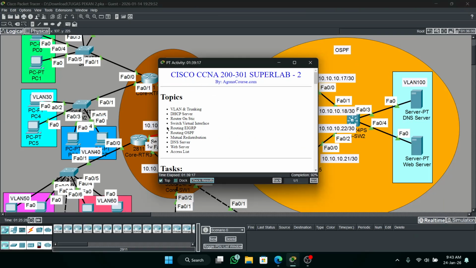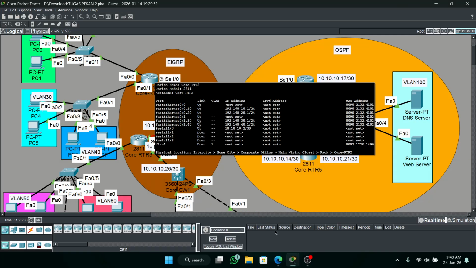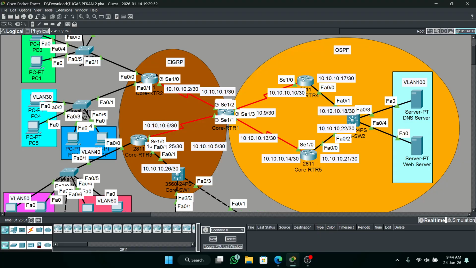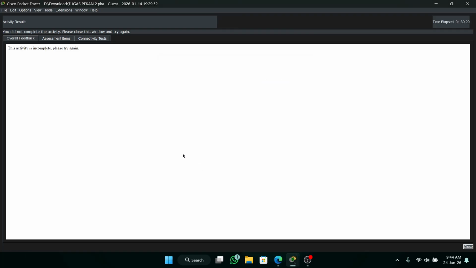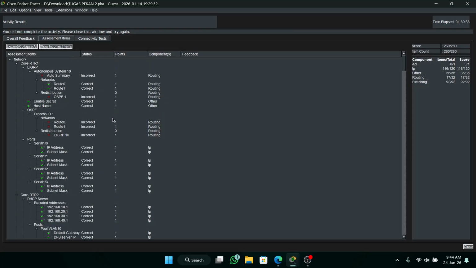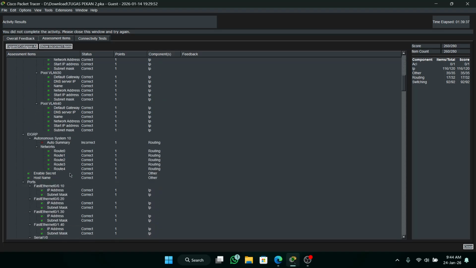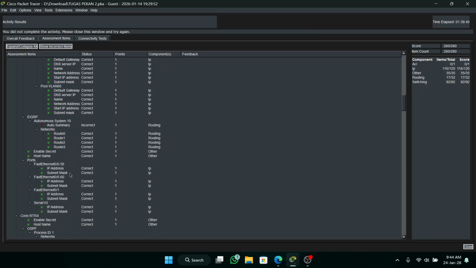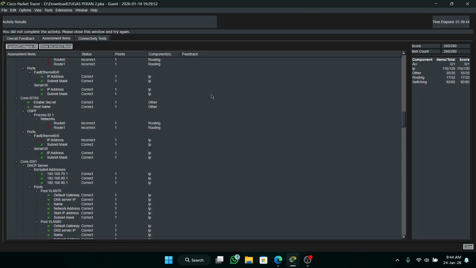RTR2, wait, RTR2 is, oh, why is this wrong? No auto summary.